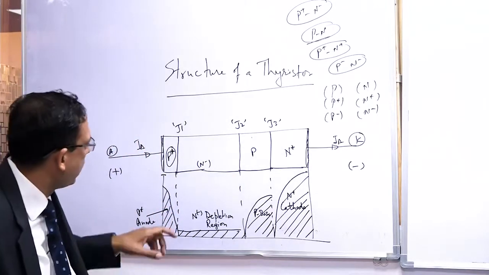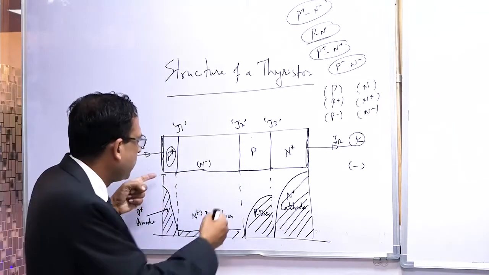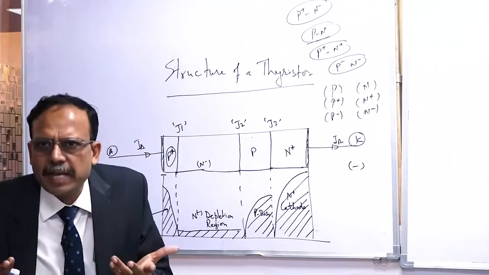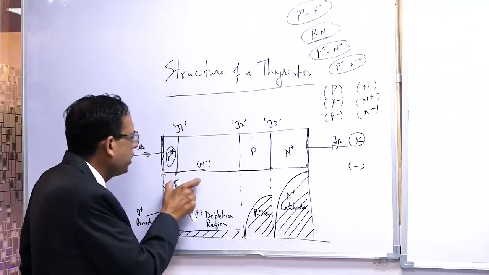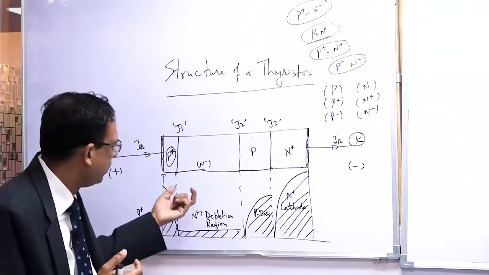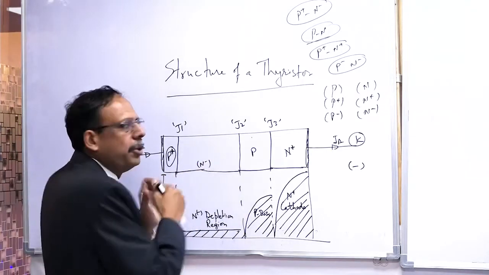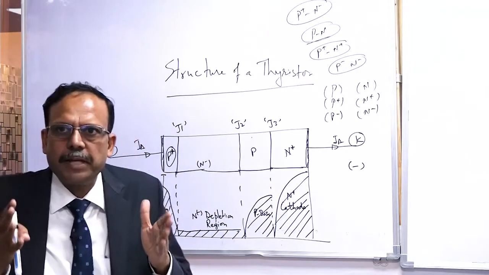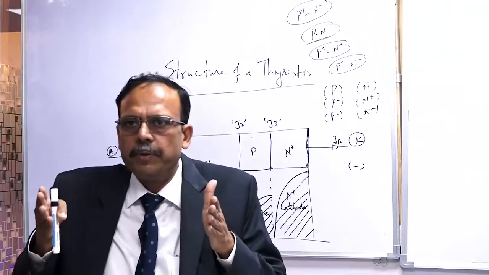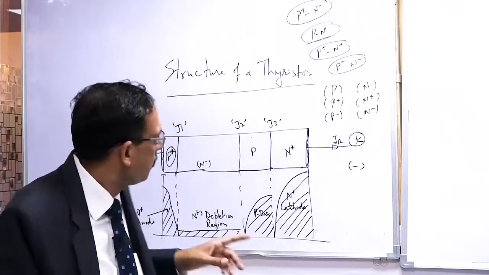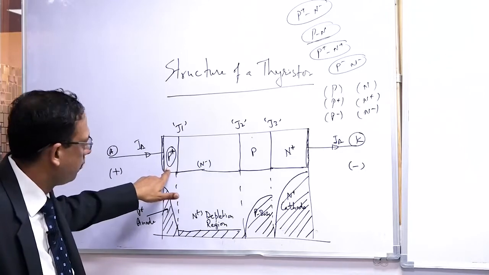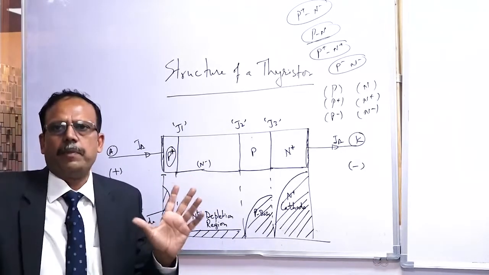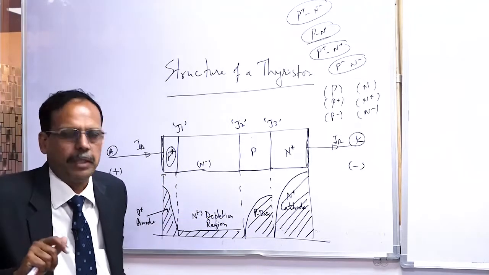My question is clear. If positive and negative are put across the P plus and N minus, what will happen? It will be forward biased. It is going to conduct, it is like a diode, isn't it? But if you put reverse voltage, then it is going to have a higher reverse breakdown voltage; it will be able to withstand the higher breakdown voltage. So whenever one part is positive and one is negative, when you put forward voltage, no problem, it is going to conduct. You are right, Sunil Gupta ji.